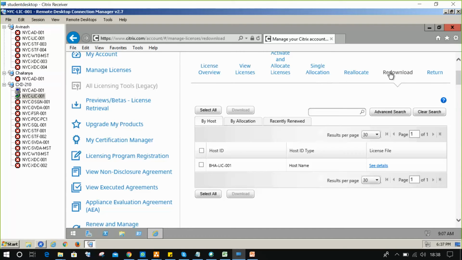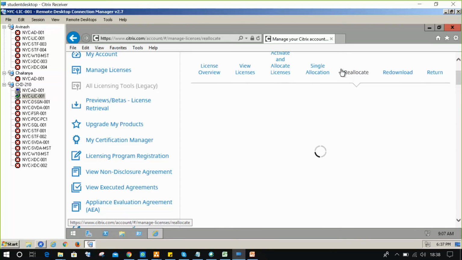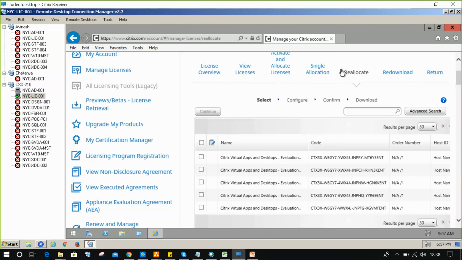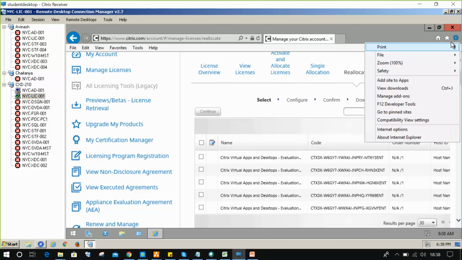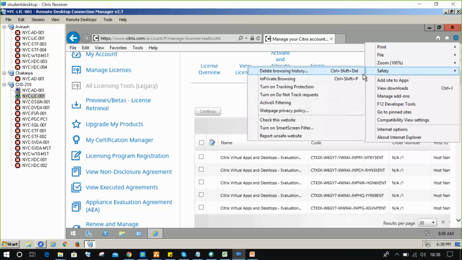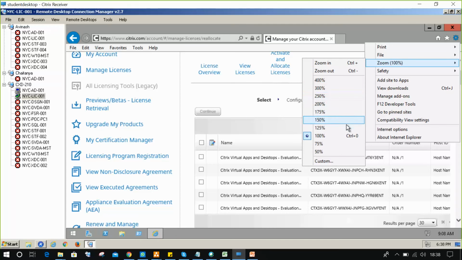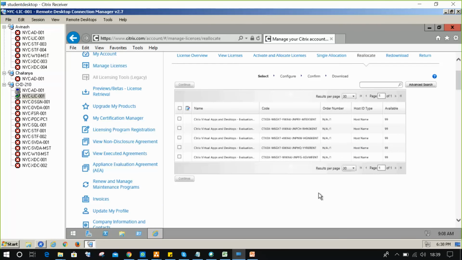So here the license file will be looking like this. So before that we have a reallocate. This is the reallocate option. Okay. Now we'll take the first license and continue.